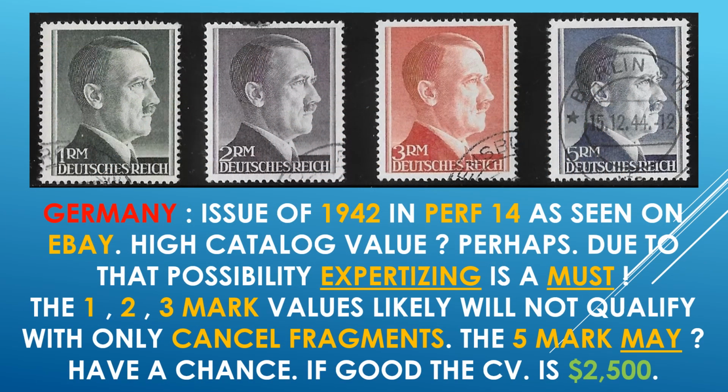And Germany, issue of 1942 in Perf 14, as seen on eBay. High catalog value? Perhaps. Due to that possibility, expertising is a must. The 1, 2, and 3 mark values, these three right here,